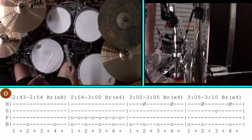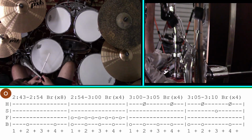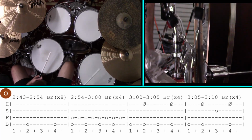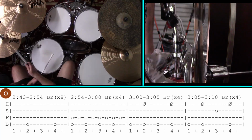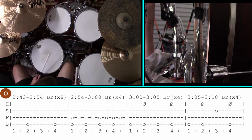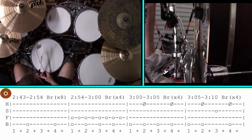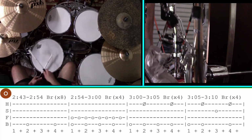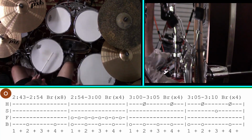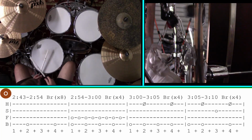So here's all the bars, once slow, then fast. 1 and 2 and 3 and 4 and 1 and 2 and 3 and 4, and a little bit faster. 1 and 2 and 3 and 4. And that final bar is